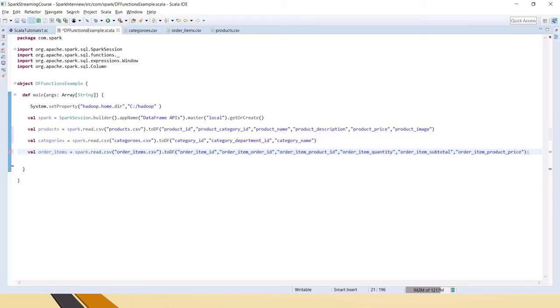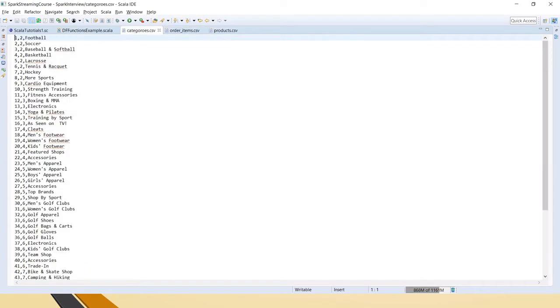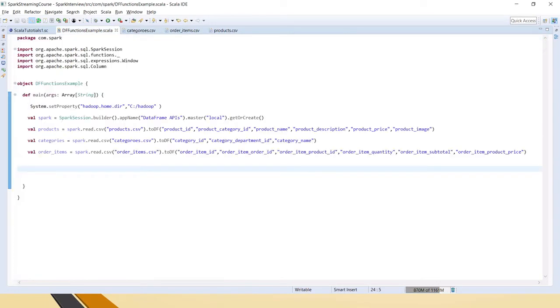Okay, we have the 3 data frames ready. I'm not just showing it, it's the same, simple CSVs, so it will print the same in a tabular format.